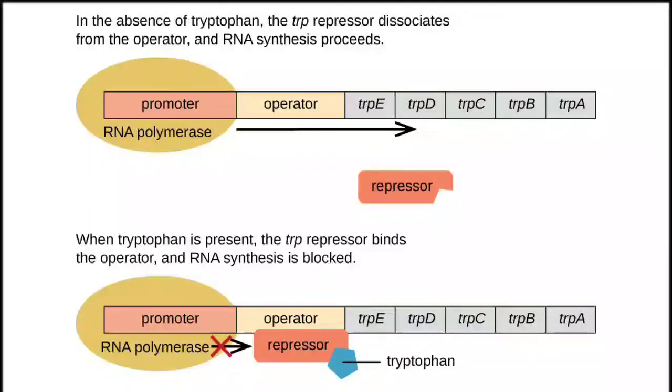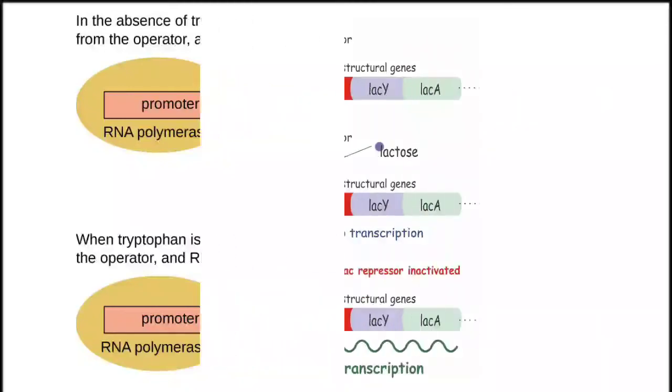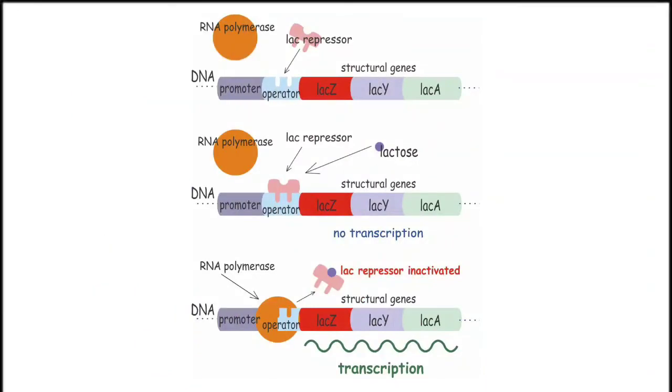It is a system where polycistronic structural genes are regulated by a common promoter and a regulatory gene. Such an arrangement you would term as what? An operon. For example, the lac operon. Now why do we say lac? It is because the presence of lactose gives it the name, lac operon. When I say trp operon, it is because of the amino acid tryptophan. The same is the case for others: the his operon for histidine, the val operon for valine.